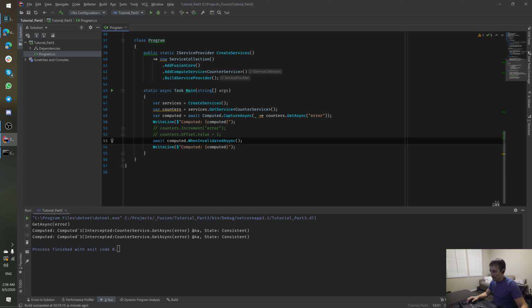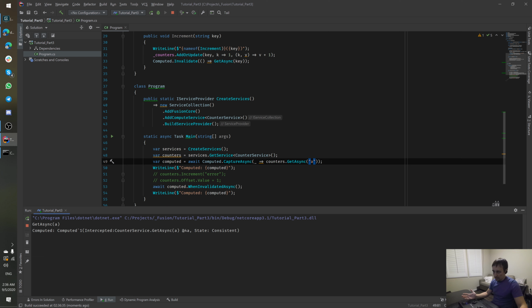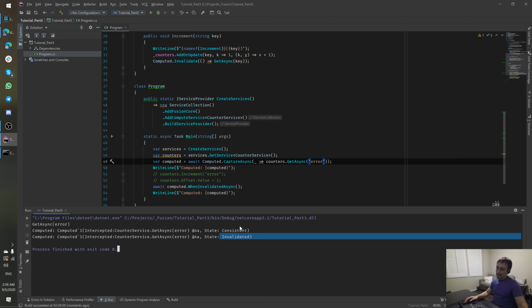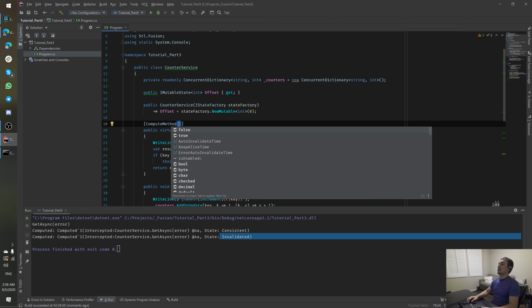So let's put this thing here. If it would be a normal result, it would never, so let me show you. So this is a normal result, and basically it never stops. Unless we change something, this thing wouldn't change, so nothing invalidates this thing, right? But if it's an error, it gets invalidated approximately in 1 second, and the reason is,